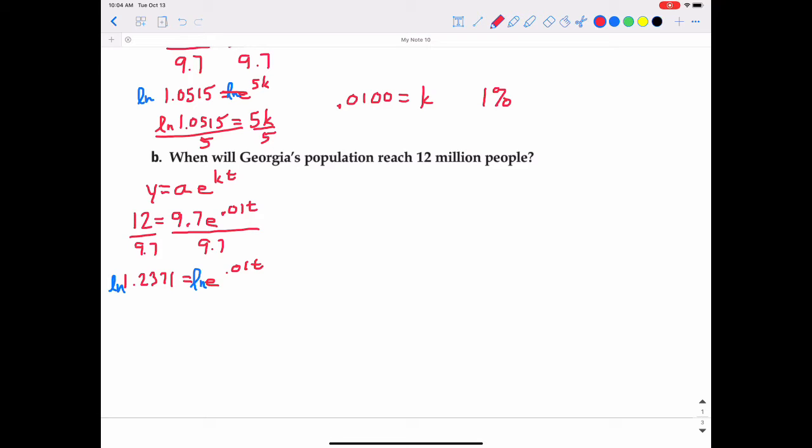And natural log of e, that will cancel that out, leaving us with just 0.01 t equals whatever the natural log of 1.2371 is. So we'll divide that by 0.01. And when we take the natural log of 1.02371 divided by 0.01, we get t is approximately equal to